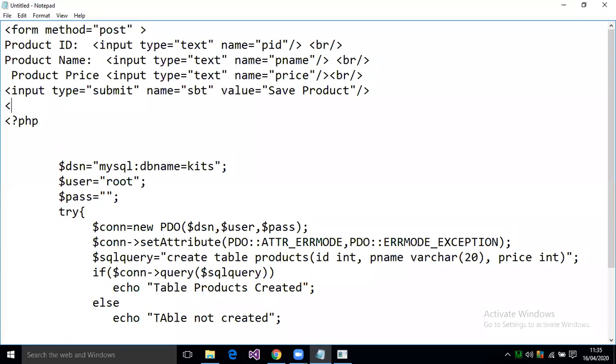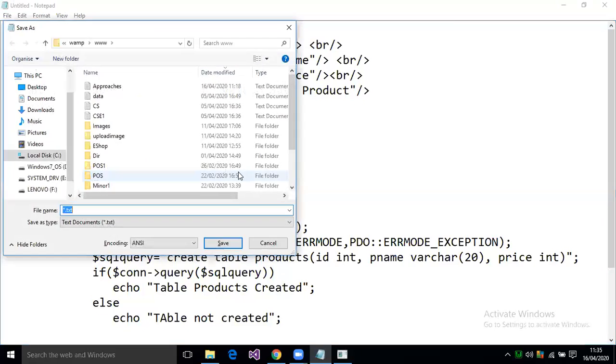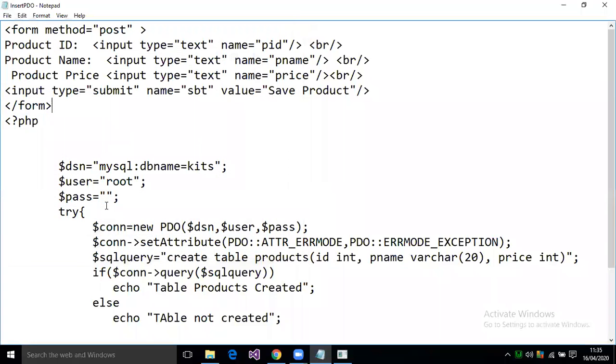It means whenever the user clicks on this submit button, whose value is save product, the product will automatically be saved. So I will save it as insert with pdo.php. I'm saving this file.